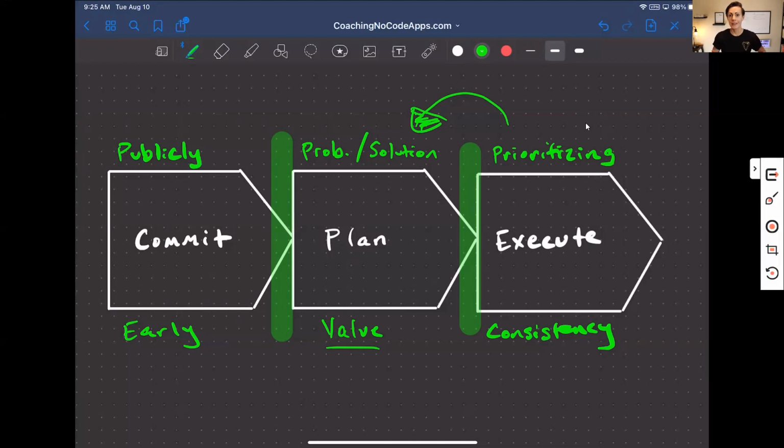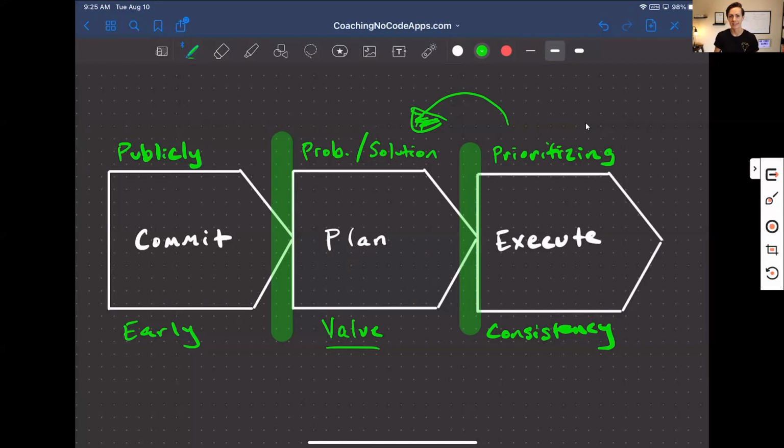Now, to be clear, nothing has to be complicated. This can be really, really simple if you have consistency. If you're consistent with your development, that means you're going to come into your app every single day and you're going to knock off another item within your specific plan that has a finish line. Okay, you can consistently do that every single day, maybe every other day. That's okay, as long as there is some consistency to it.